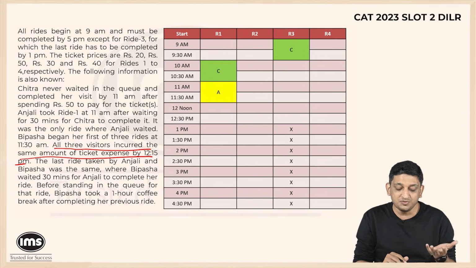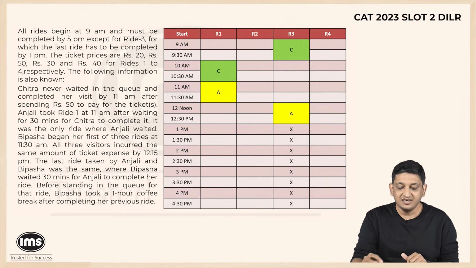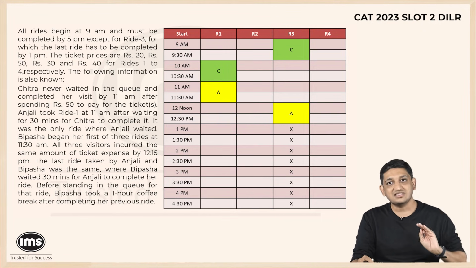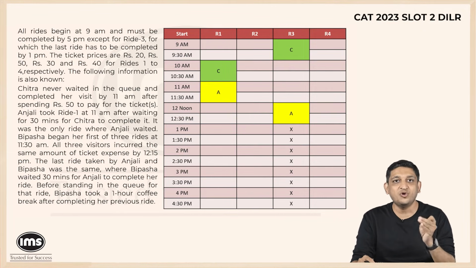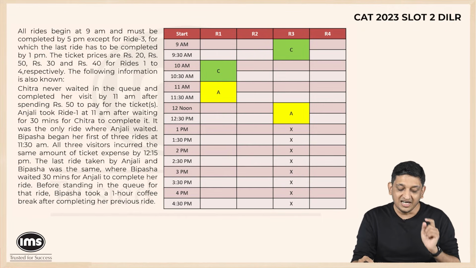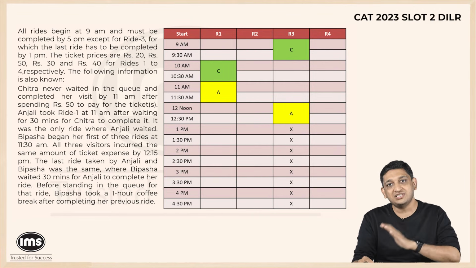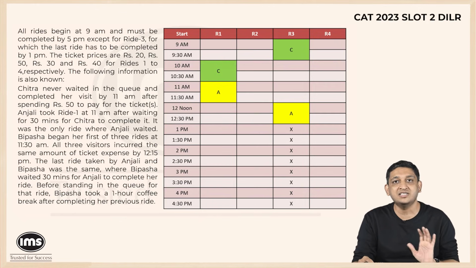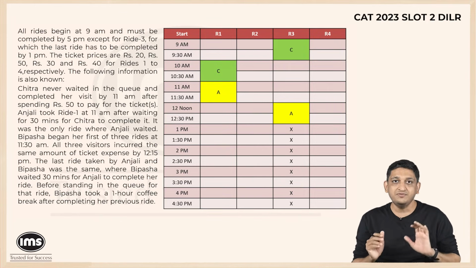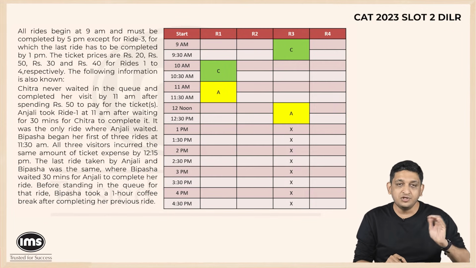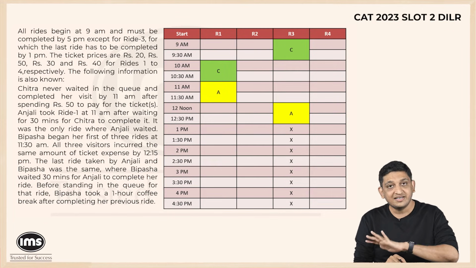Now if Anjali has to spend another 30 rupees, Anjali has to be inside ride 3. Now when will Anjali enter ride 3? And that is very important here, because unless explicitly mentioned, nobody takes a break. We know that Anjali got out of this ride at 12 noon. Anjali would have entered ride 3 at 12 noon and would have finished ride 3 at 1 p.m., after which ride 3 does not work at all. So we know that Anjali has spent 50 rupees in this manner: 11 to 12, ride 1, 12 to 1, ride 3.